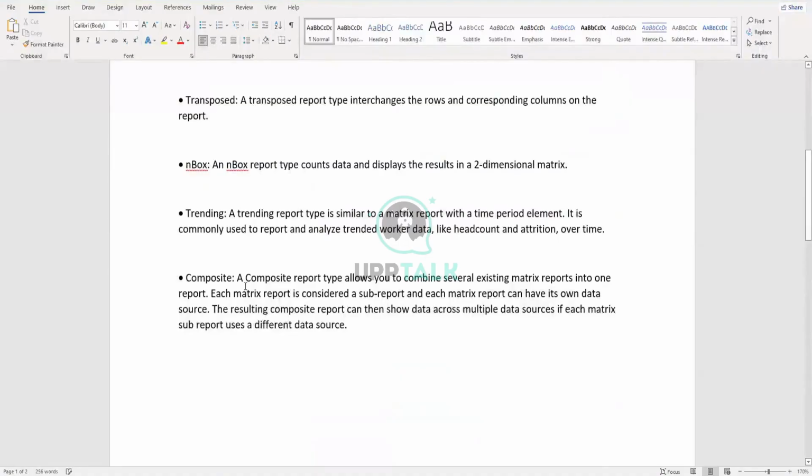We have discussed composite, but in a composite report, basically you can use multiple data sources. In general, in a simple report or in an advanced report, you can't use multiple data sources, but in a composite report, you will be able to use multiple data sources. See, the definition: a composite report type allows you to combine several existing matrix reports into one report. Each matrix report is considered a sub-report, and each matrix report can have its own data source. The resulting composite report can then show data across multiple data sources if each matrix sub-report uses a different data source. What this means in simple terms: